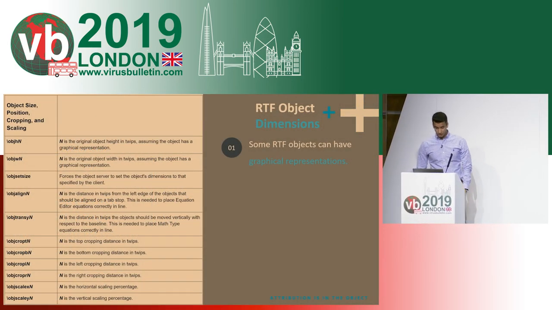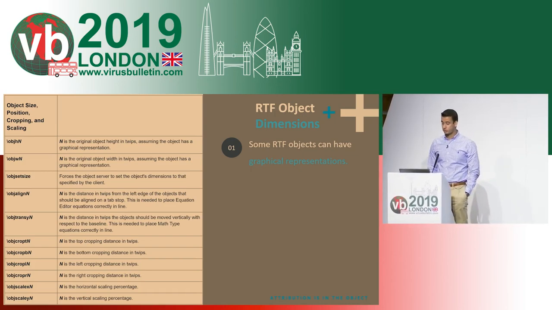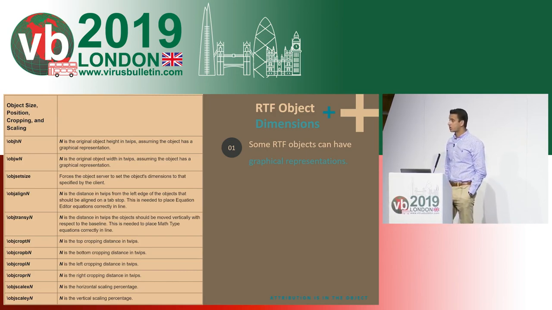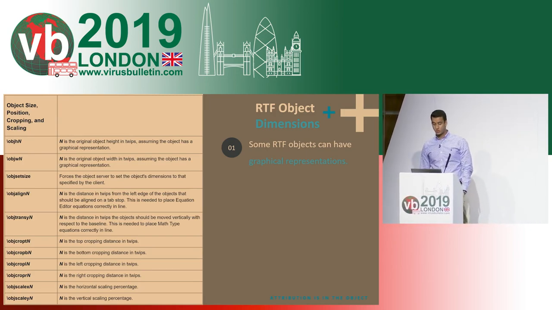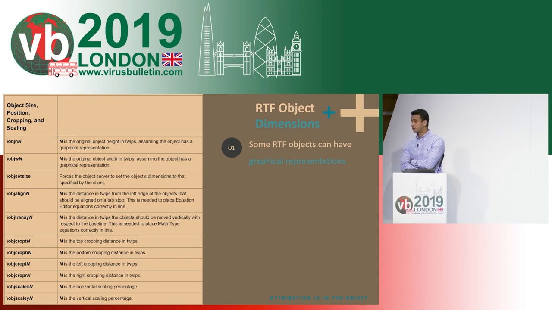OK, so the last technique we are going to discuss today, and the one which we have been using and have proven to be very flexible, is RTF object dimensions and object characteristics. As we said, RTF files can embed different types of objects. Some of these objects might have graphical representation. And as per the RTF specification, when you have an object with graphical representation, you need to define the object dimension